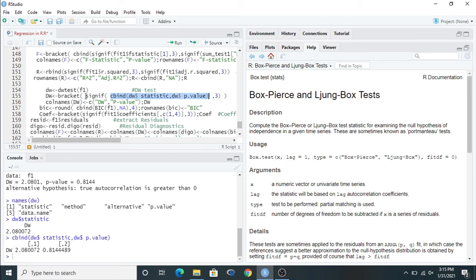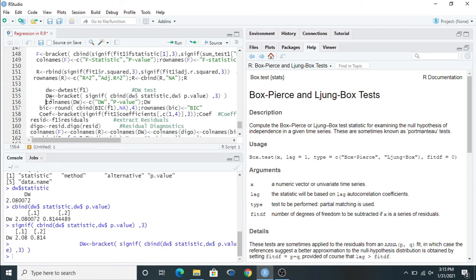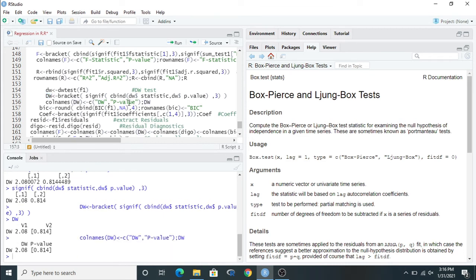After binding this, we can round off these things again. So I have rounded off up to 3 digits. Okay, after round off, we can use the bracket function. See one thing, inside the bracket function there are 2 columns. Okay, then it will be good. We can run this. Clear? So we can see the DW. This is the DW, and after completing this, we can rename the row and column. The column names will be estimated statistics or the coefficient or p-value, and this will be the DW. So you can use here column names by changing the column names.